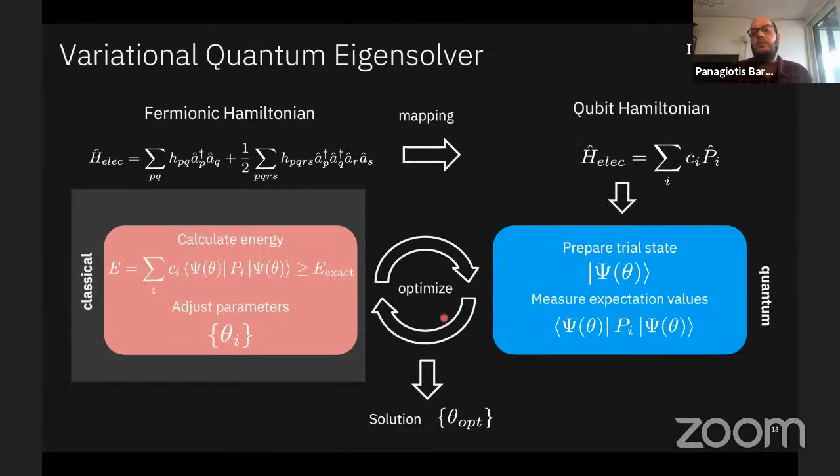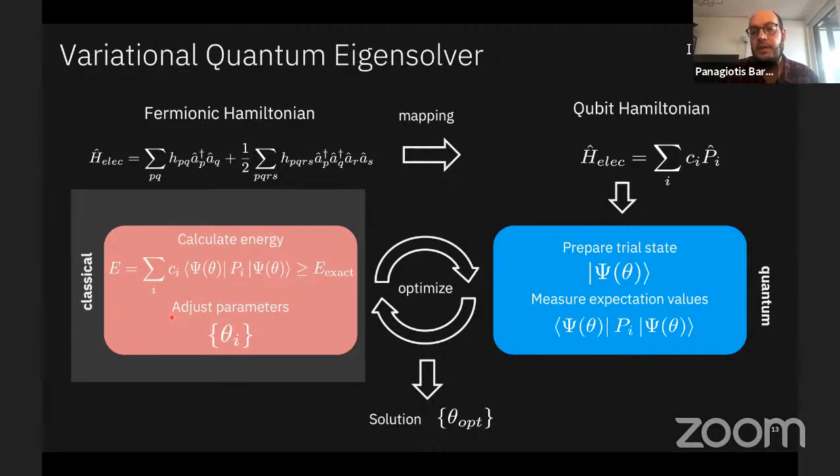With this, we are able to decide what is going to be the fermionic Hamiltonian and the qubit Hamiltonian that we're going to use. The other aspect that we need to think about is the classical optimizer. I do not want to elaborate a lot about the classical optimizer in this talk, but in principle, what is important to mention is that for noisy intermediate scale quantum computers, the classical optimizer is an important aspect. Depending on whether you have noise or not, you may need to choose optimizers that are more robust to noise. Namely, for example, you can use the SPSA optimizer, or if you want to do a classical simulation of the problem, you can use a plethora of other optimizers that you can find already implemented.